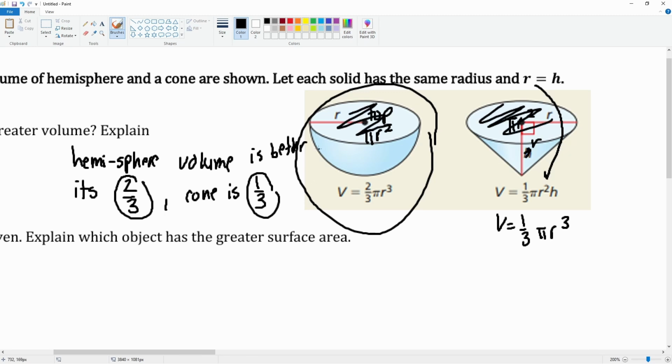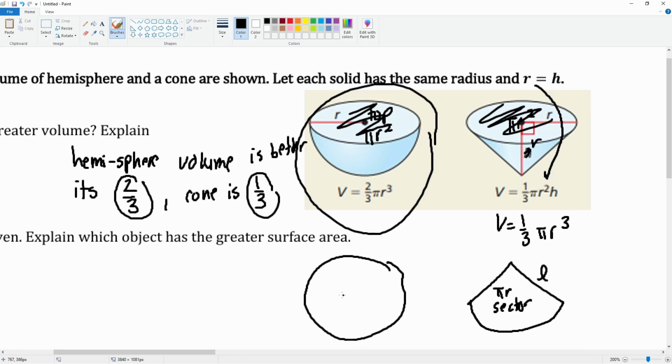Basically, you want to unravel this part, okay? And here, you're unraveling like a sector of a circle, right? This is the sector that you're unraveling from here, which is L, times pi R, right? And then here, you're basically unwrapping a bigger circle here. So here, it's going to be